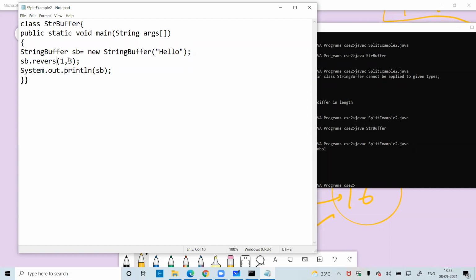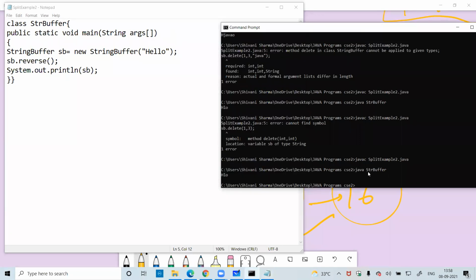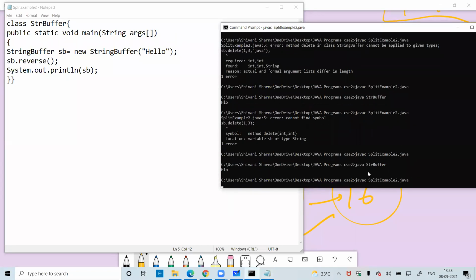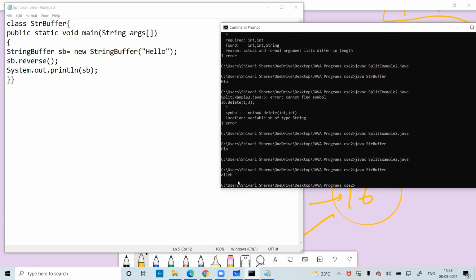I want to reverse the whole string directly. By writing reverse, I can do this. So I will write it here, save the code and run the code. You can see now the string is reversed.